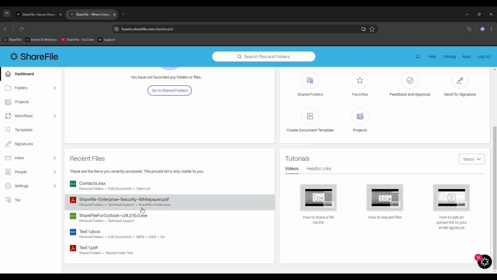Recent files is going to be the list of files that have been recently accessed. So the most recent file that you have opened is going to be listed in here. And then the tutorials, in case you want to learn more about ShareFile, you can always come to the